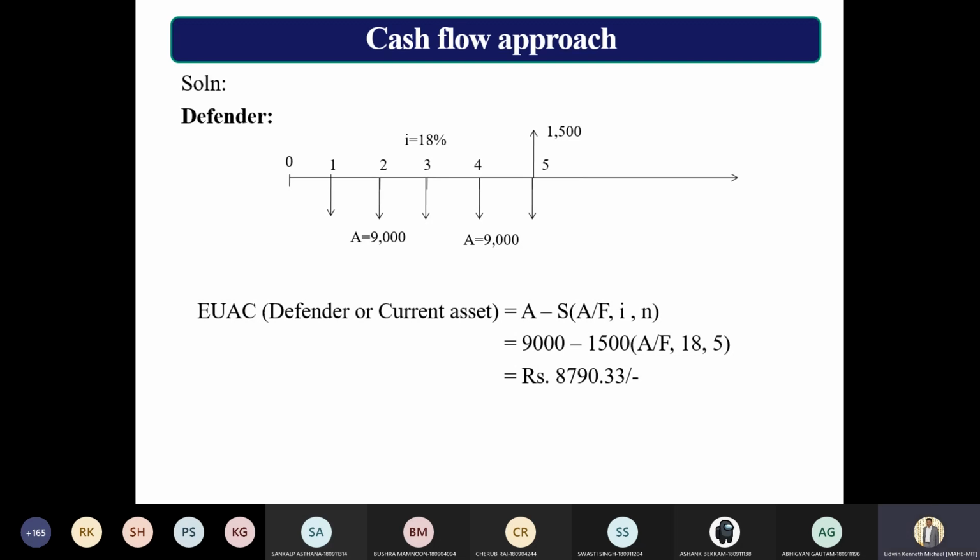Okay, I think there is some minor mistake, Siva. So please have a look at it. This is the cost of the defender. Now moving on to challenger 1. In the question it says defender trade in business. That means the challenger will be paying a certain amount of money for the defender. So for the defender, it's just an exchange, right?